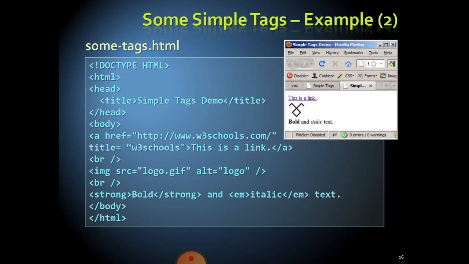This is the demo. In this output, if you see, this is a link. We have the link in blue color. If you click there, one hand will automatically appear. If you click there, we can go to that particular page, verify it, and come back to our page. So the data will be printed in bold face and also in an emphasized manner.